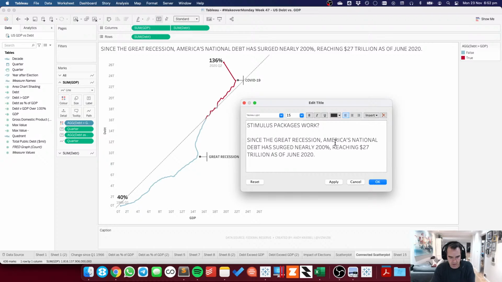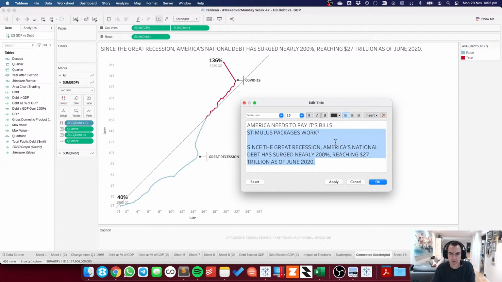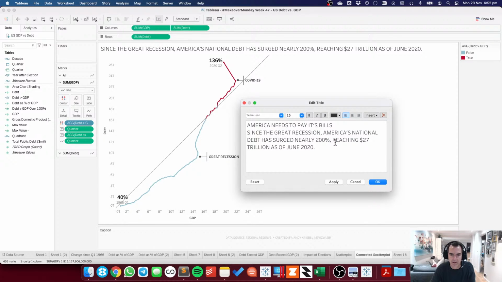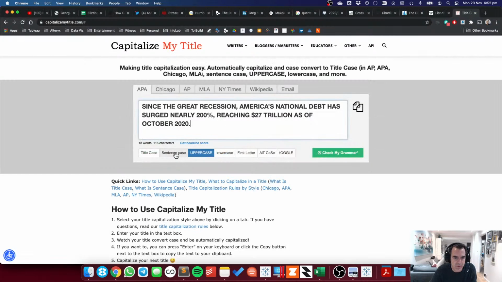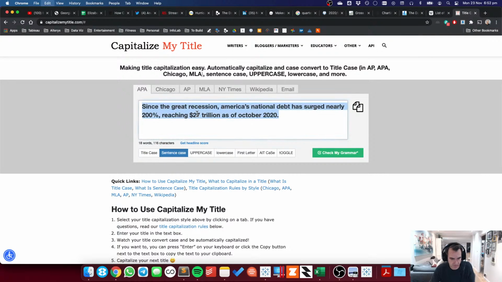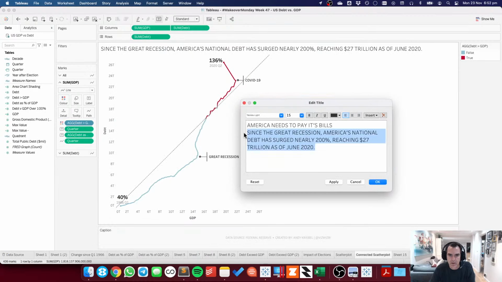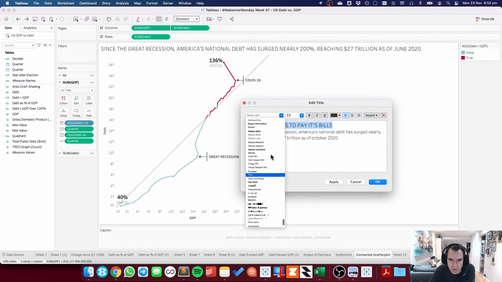How about America needs to pay its bills? And then what I could do is, if I go back to this website, I'm going to change this to sentence case and paste. Maybe put that at like 12 point. Put this one in maybe